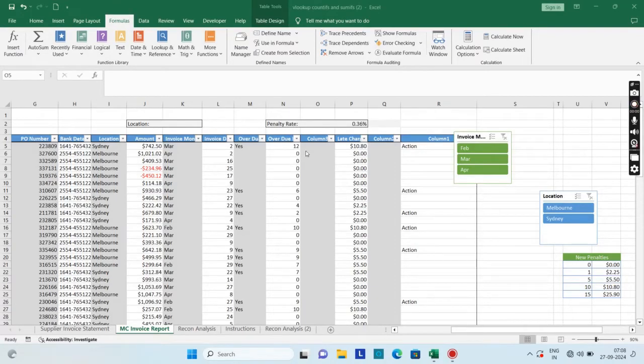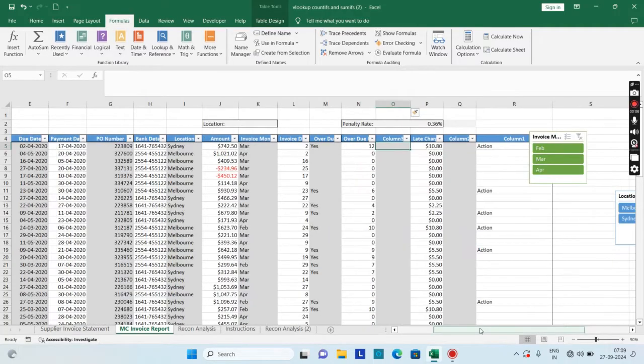This time we will be using nested if for finding out the penalty rate for overdue buy. If you look at this sheet, then in this MC invoice report sheet you can see that for some of the suppliers we have some overdues. For example, this was 12 days overdue, or this was 4 days overdue, or this was 10 days overdue, and so on and so forth. So for such overdues